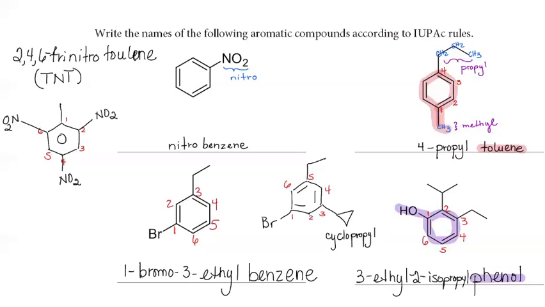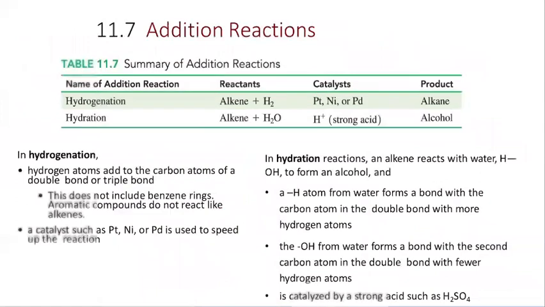Well, let's move on to the next concept in chapter 11, which is one of the most important things that we explore in organic chemistry, which is reactions. When it comes to organic chemistry, understand that these organic compounds are going to undergo chemical changes. And these are the first set of reactions that you guys need to know for exam 3. In the textbook for chapter 11, there are 3 main reactions that you guys need to know. 2 of them are summarized in table 11.7. The first one is